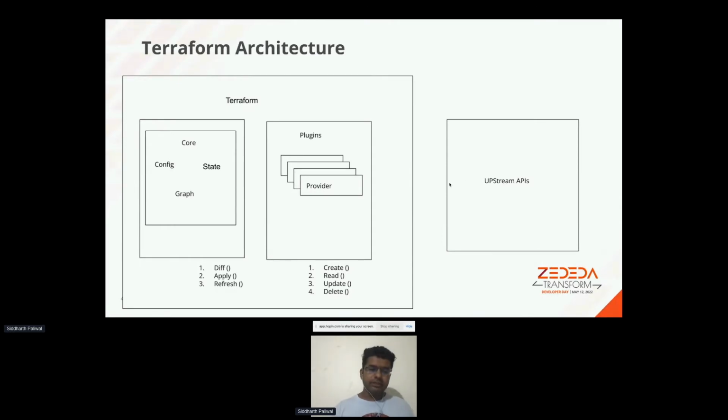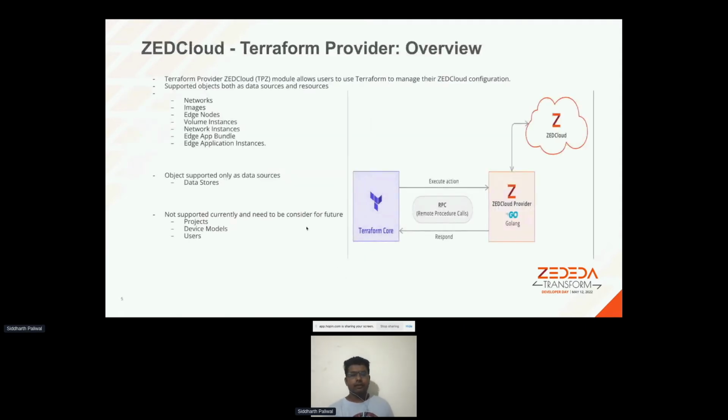So basically you can see here, the core will do diff, apply, and refresh, and the plugins have all the functionalities like create, read, update, delete, which all the providers provide. So yeah, let's see what this Terraform provider zCloud will help us with. Basically, this will help us to create all the configuration on the zCloud, and the currently supported